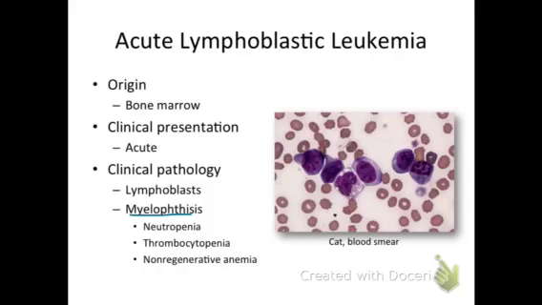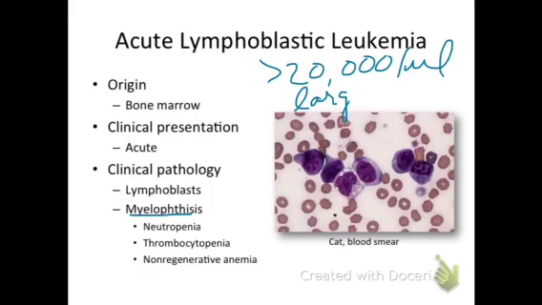As a result, patients often have severe neutropenia that leads to secondary infections and marked thrombocytopenia that causes bleeding. The presence of anemia is more variable, and that's because the red blood cells have a relatively long circulating lifespan. The number of neoplastic lymphoblasts in the blood is variable, but it's often greater than 20,000 cells per microliter. The lymphoblasts themselves tend to be large cells, meaning that they're larger than the size of a neutrophil, and they also have prominent nucleoli.